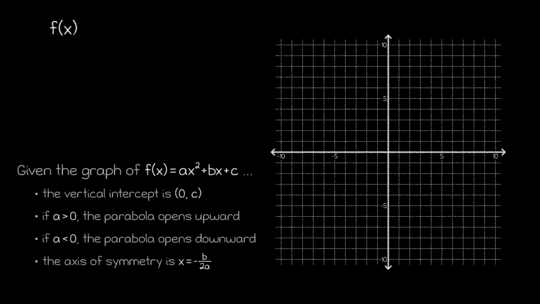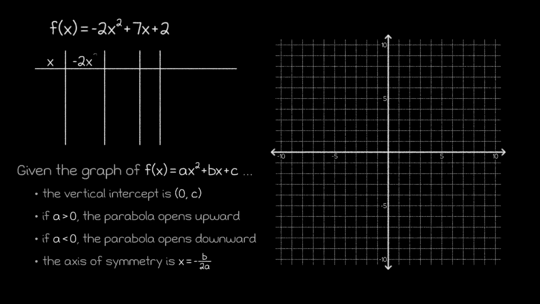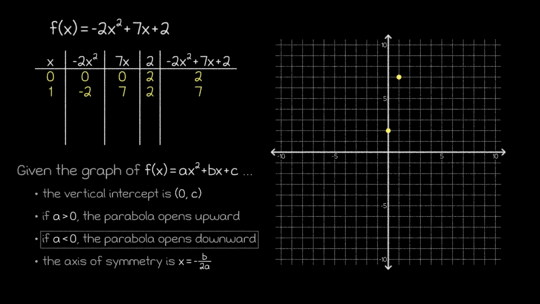For our final problem of this section, let's look at a function that has a more noticeable value for a, -2 in this case. We'll once again make our extended table of values and start by plugging in 0 and 1. Then, with the knowledge that the graph opens downward and the location of our first 2 points, we can determine that we should primarily plug in numbers that are greater than 1.